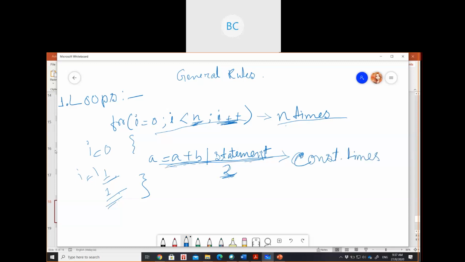Then what will be the time complexity for this for loop? You just need to multiply these two things. So your n into your c. Suppose this is c, constant time. So your time will be Cn. If your total time is Cn, meaning some amount of constant time and the n, what will be the time complexity? It will be O(n) because we are going to neglect the constant part, the C.